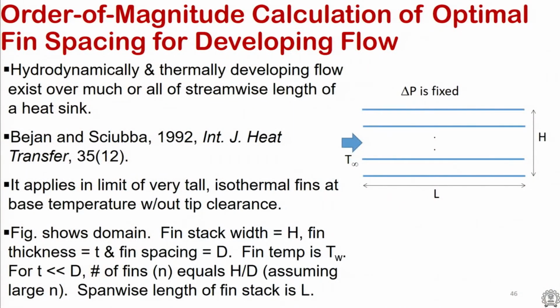In the figure shown, as I talked about, the fin stack width or the heat sink width is H. Fin thickness is maintained at some thickness T. Spacing between the fins is defined by D, which is the hydraulic diameter, or spacing between the fins could be treated as such if you are talking about purely a parallel plate construction, and the fin temperature is assumed to be T wall. This wall is maintained at isothermal temperature T wall. One obtains an isothermal temperature when the fin efficiencies are close to 100%. So assuming that the fin efficiencies can be maintained at a very high level, this assumption of constant wall temperature